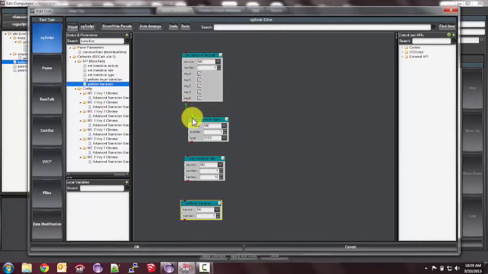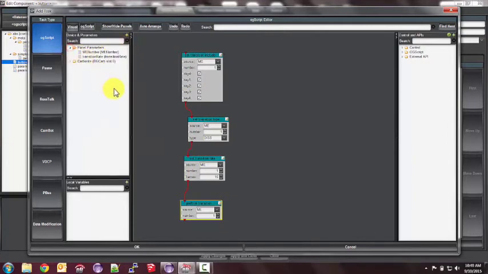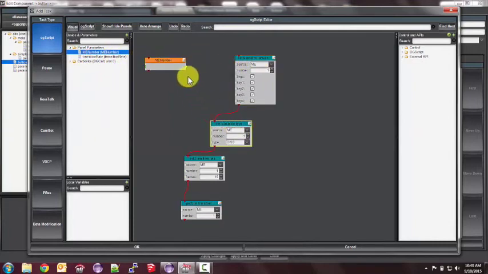So we'll grab the arrow and drag it down. We'll grab this arrow and drag it down. We'll drag this arrow and drag it down. And this basically tells it, let's do this one, then we're going to do this one, then we're going to do this one, then we're going to do this one. Now, in this case, if we left it like this, everything would happen on ME number 1. But we want it to happen on the ME we've specified in our panel. So let's clear the search, go into our parameters, and drag in our ME number. Now that ME number needs to go into these numbers. So we just drag and drop the ME number into all of these numbers.